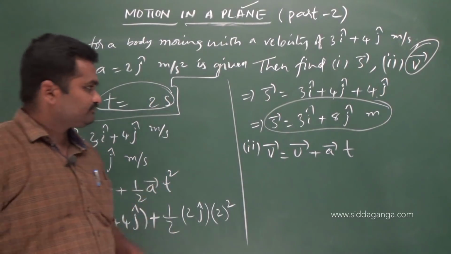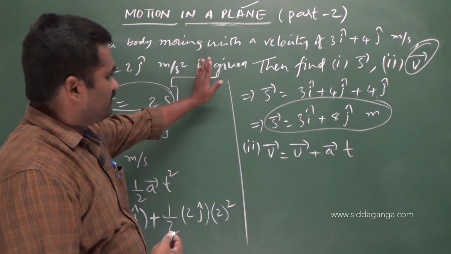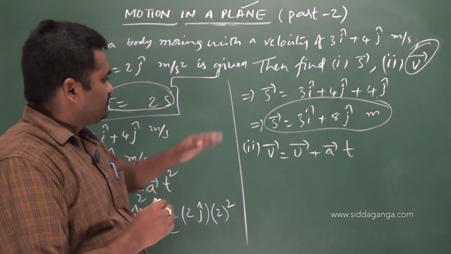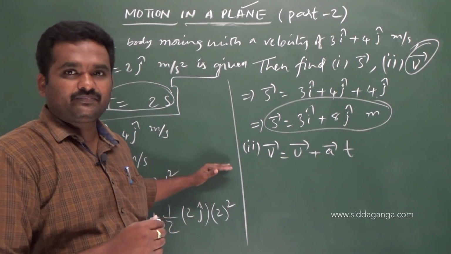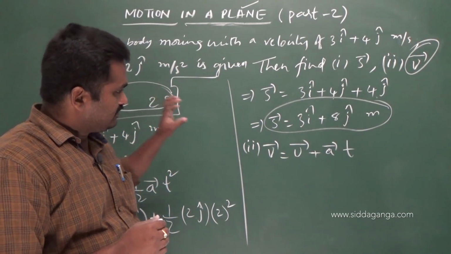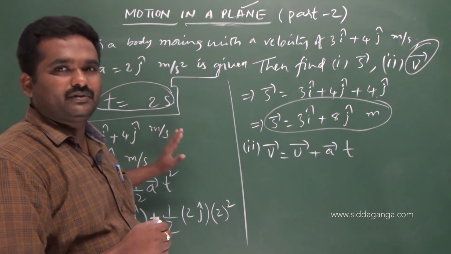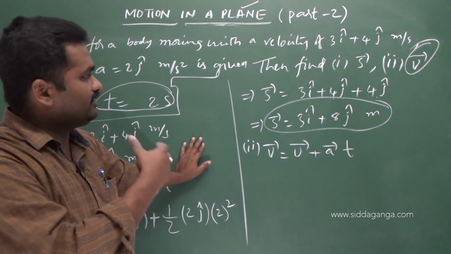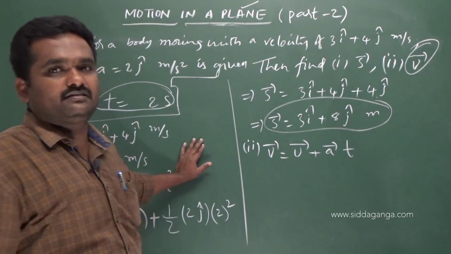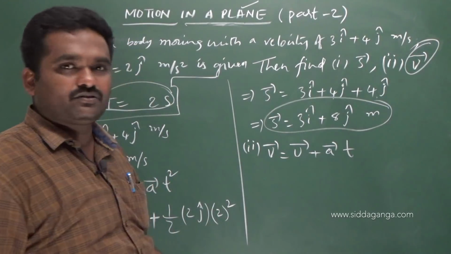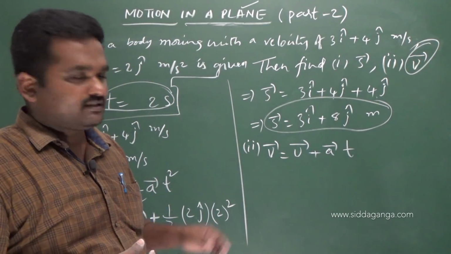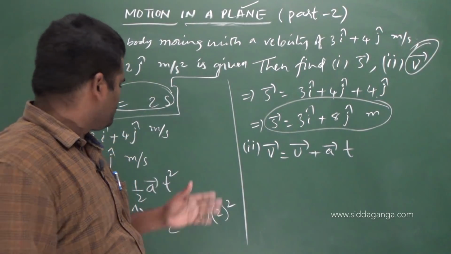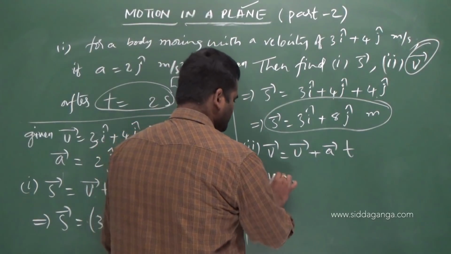See, I think you will be more convenient by solving an example here. The equations which I have given, you should be very comfortable with solving this. This is very simple, not so difficult. I just want you to be very familiar with this, at least comfortable with substitution for those vectors. How I need to substitute the given values, how I need to solve for it. That's my intention for giving an example every time.